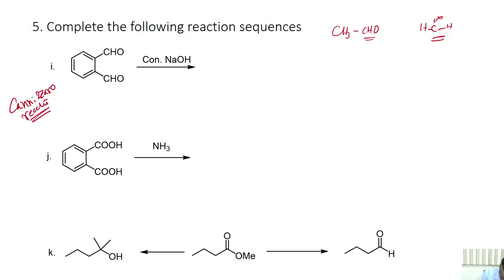So in this case, you have the dialdehyde, which can undergo self-oxidation reduction to give a mixture of compounds. The intramolecular reaction can produce this compound. In addition to that, there will be an intermolecular reaction between two different molecules, which can lead to the formation of